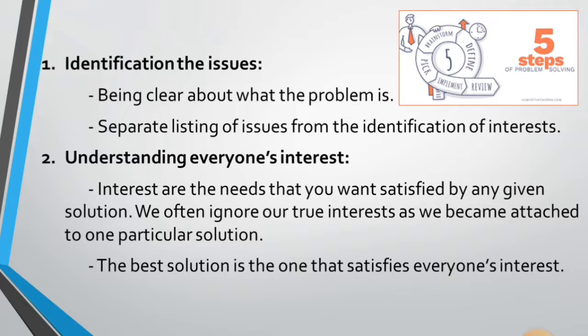Now, being clear about what the problem is, separate listing of issues from the identification of interests. Being clear about what the problem is. The next, you separate listing of issues from identification of interest. It is very, very important. Now, understanding everyone's interest is the next point. Interests are the needs that you want satisfied by any given solution. We often ignore our true interest as we become attached to one particular solution. The best solution is the one that satisfies everyone's interest. Okay,